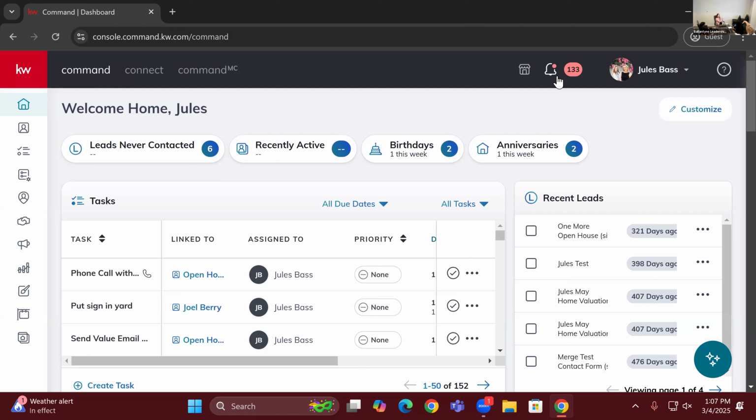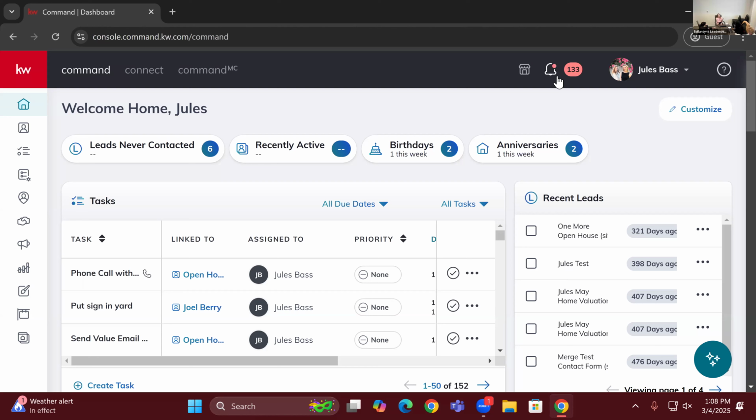They are able to see based off their current location, anywhere they are in the nation. So even if you have out of town clients, you can still share your app with them and they can see that based off their current location. Then they can click, and all those prices are different homes that are for sale, no matter the brokerage. So it's not just KW listings, and they can see all the details right in the palm of their hands. Think of it like a Zillow app or something along those lines, where it's for your clients to search for homes on the go.